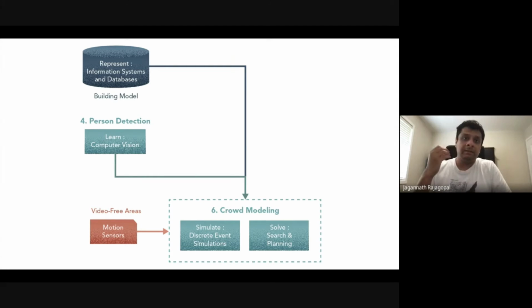So there's two parts, like I said. One's a solver, and for the solver, right? Your building model is going to provide the logical representation of spaces and how they're connected. The building model could also potentially provide paths, like we discussed, and if it doesn't, the solver does that job.